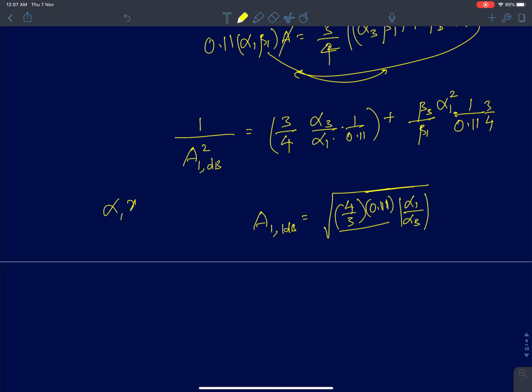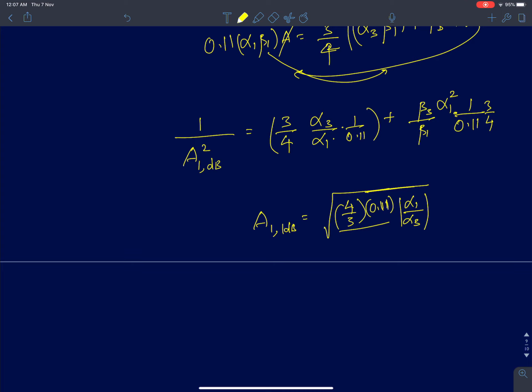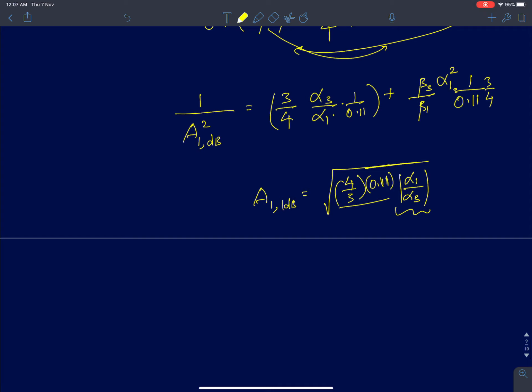So when I have written the model like this, alpha 1 minus alpha 3 x cube, it is assumed that the product of the coefficients, I have written it as minus here. You can actually take a mod here, or both alpha 1 and alpha 3 will have the same sign. That's all I'm saying. If I put a minus here, then they will have the same sign. This is just a small detail, you don't have to worry about it. So in this expression, I've taken mod there, that is the value you get for a1